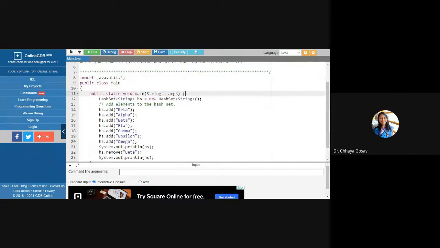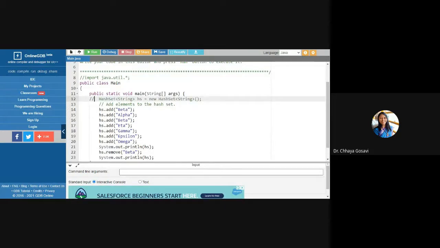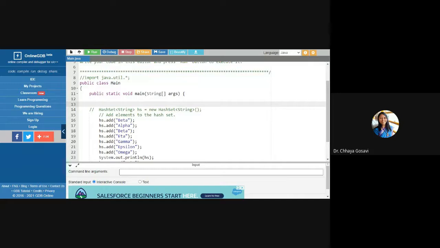So here, we have to import this. Let me comment this first. I was trying HashSet code. So ArrayList. Note that A is capital and L is capital. ArrayList.